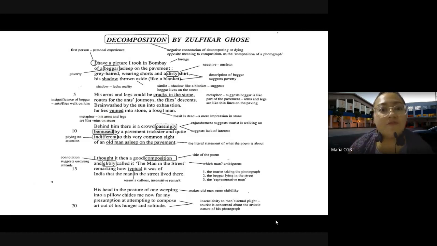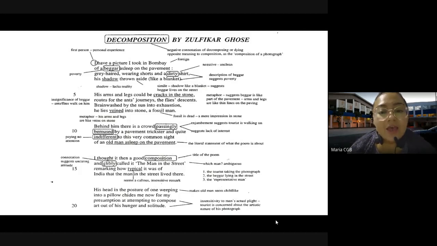Now, let's look at the first stanza. I have a picture I took in Bombay. Now, the first line already tells me that this is like a story. This is like a narrative, right? It's a personal experience by the persona. And where was the persona? He was in Bombay, in India. Of a beggar asleep on the pavement, grey haired, wearing shorts and a dirty shirt, his shadow thrown aside like